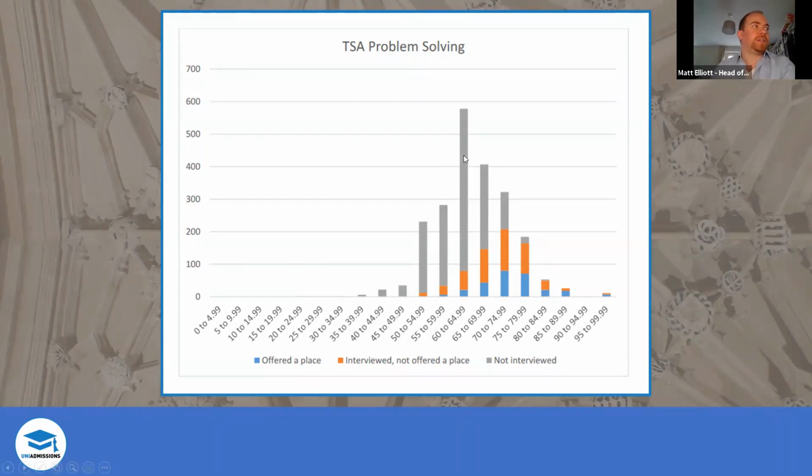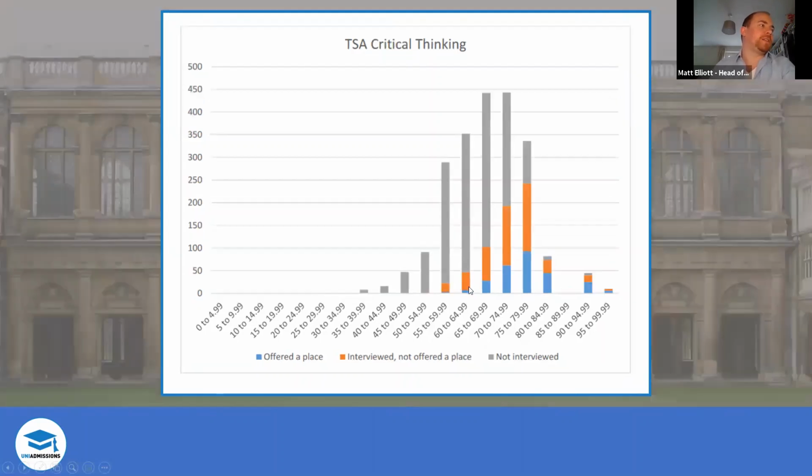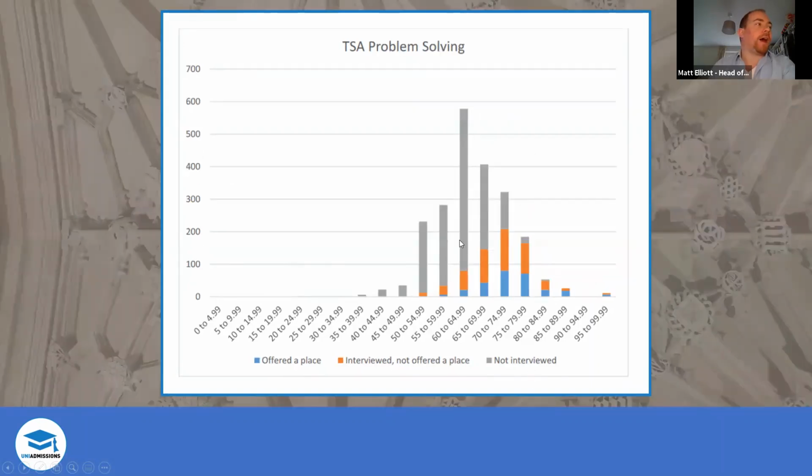I liked this one particularly because if we're looking at the buckets here, you can see that nearly 600 people are here in this, oh, I've skipped ahead one. Sorry. There are nearly 600 people here in this test bucket of scores between 60 and 65. Now, the chance of you getting an interview in there, you can see that maybe 60 or so people are getting an interview, and then maybe 20 or so are getting a place. Now, if you can get an extra 2 or 3 points to tip you from the 63 bucket into the 66 bucket, you're suddenly in this space where there are not only fewer people, just over 400 compared to just under 600, but the number of interviews is double and the number of places is double as well.